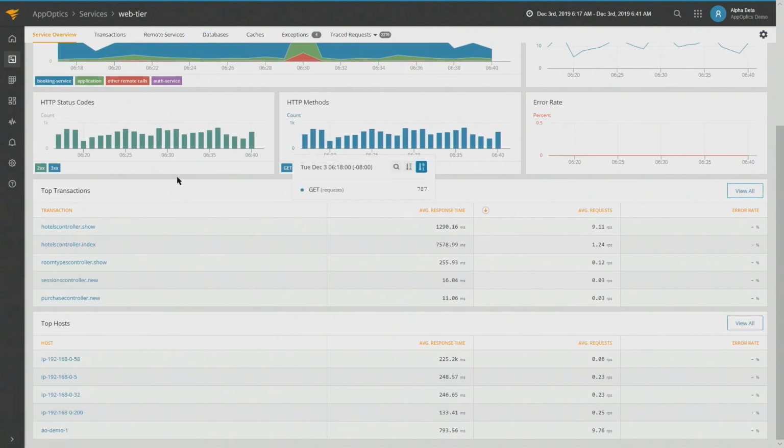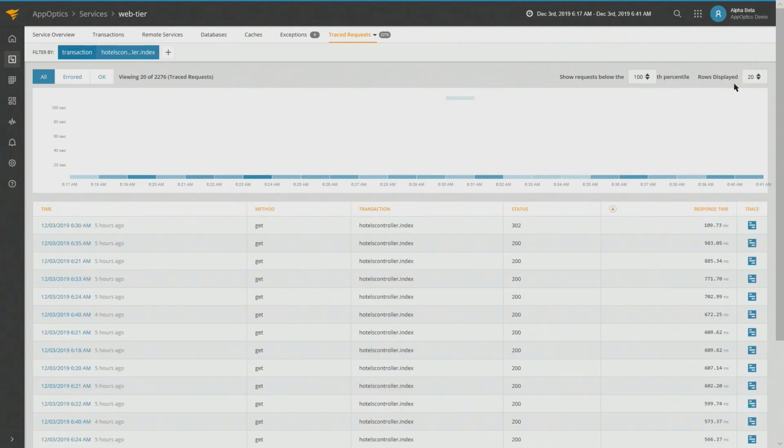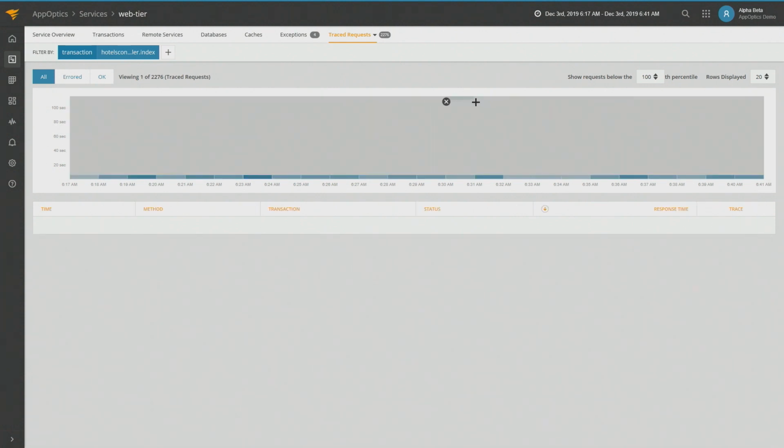So for me, I want to look at the things that are causing the highest response time, and that right now is the host controller.show. Oh, no, it's not. It's the index. So if I look at the index, you see how it stacks up against the other services, how much the application versus remote calls, and then up here in the top, we have the traced requests. Now, I love this because you can see there's just this one outlier. Look at that. I love it when that works out. So if I actually just look at that one outlier,